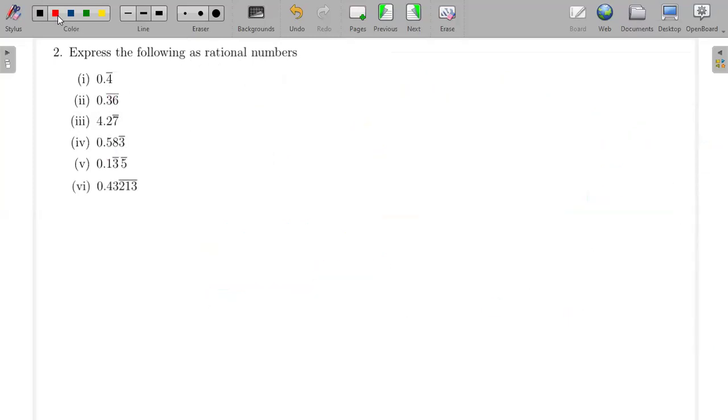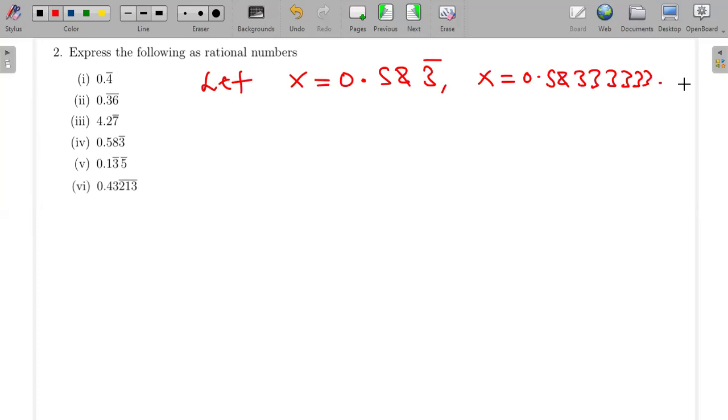So part 4. I'm going to say let x be equal to 0.58 and then 3 bar. You've seen that the bar is just on the 3. So this is the same as x equals 0.58, and then the 3 keeps on repeating like this, until forever. From this number, we want to come up with two numbers such that